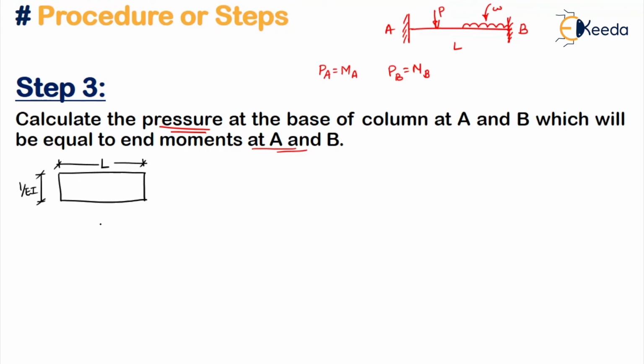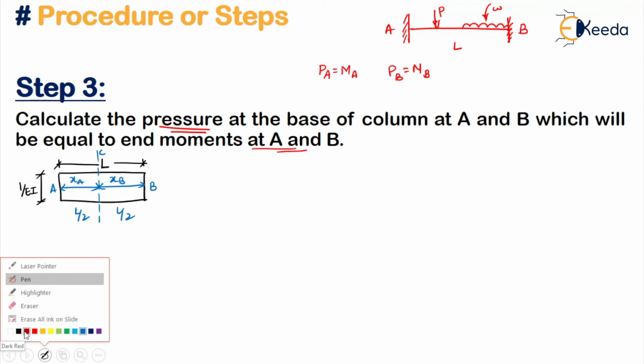Now since this is a rectangular section, where will the CG lie? The CG will lie exactly at the center, that is nothing but your L by 2 and L by 2. So this is your CG line or centroid line. Understood? So this is your junction A and this is your junction B. So from here to here, the distance let us call XA, and here let us call this XB. Since this is symmetrical, it is coming exactly at the center. If there is variation in EI or some unsymmetrical type of value given, then it will vary. That we'll see in the problem in particular.